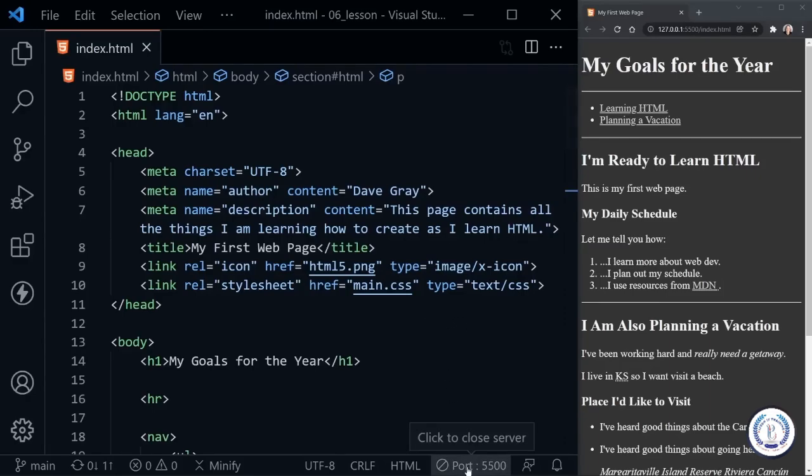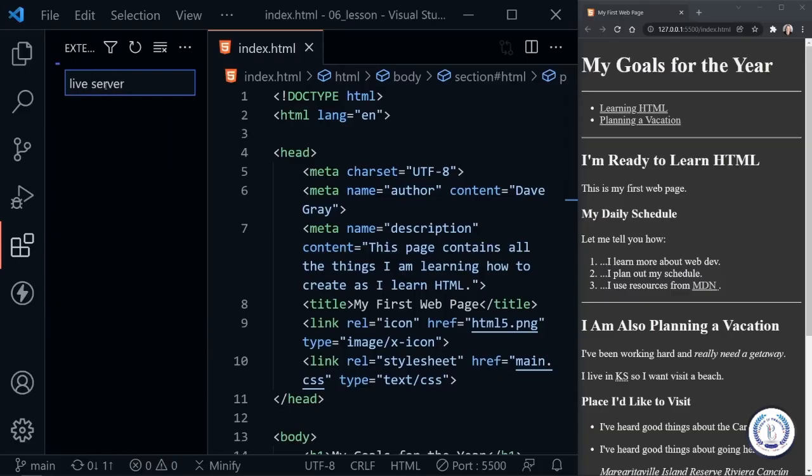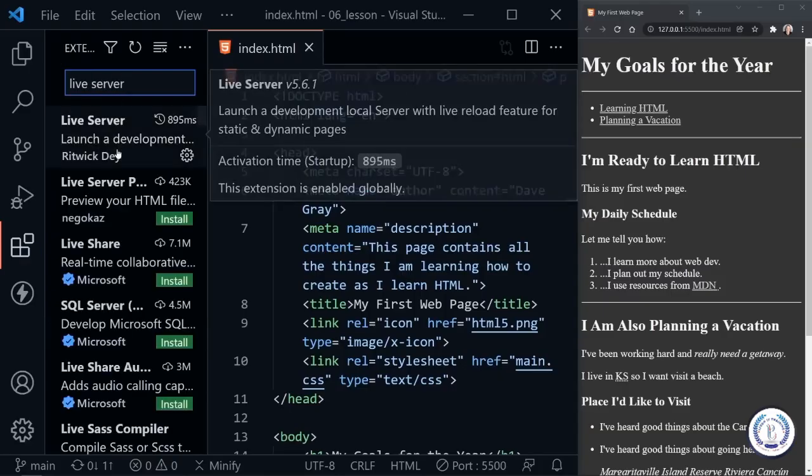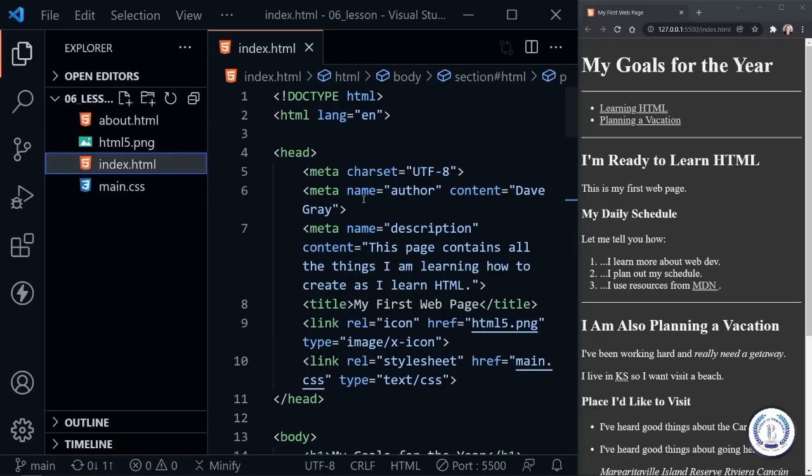So the Live Server has launched down here, and you can click to close the server or open the server. If you don't have the Live Server extension, search for that here in the extensions, find Live Server, and that should pull up by Ritwick Day, and you just want to install that, and it can launch your page for you. Okay, going back to what we need, we have clicked on the File Explorer in Visual Studio Code, and